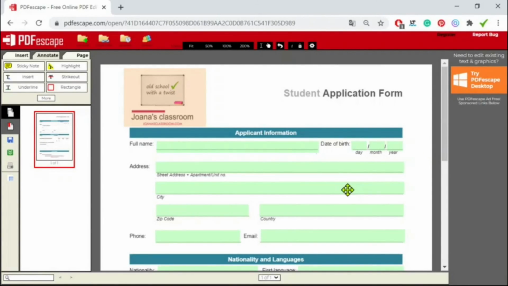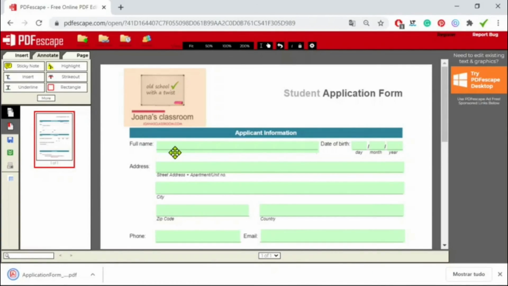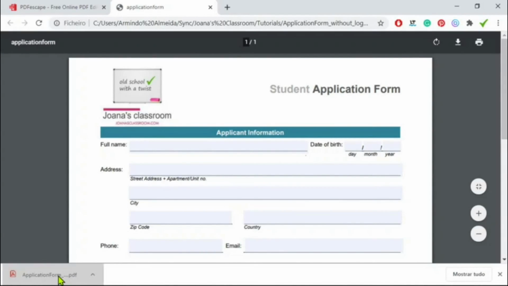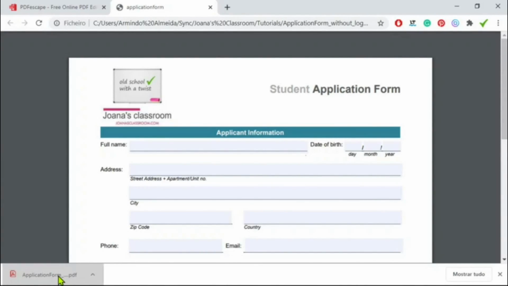I think I have a masterpiece PDF fillable form now, and I want to save it. To save your project, click on the green arrows that you see here on the left panel, and it will download the file into your computer. You can choose the place where you want to keep it. You can also open a free account online and keep your documents there. Let's see the end result now to check if everything is working like I want to, or if it still needs some adjustments. Let's try it.